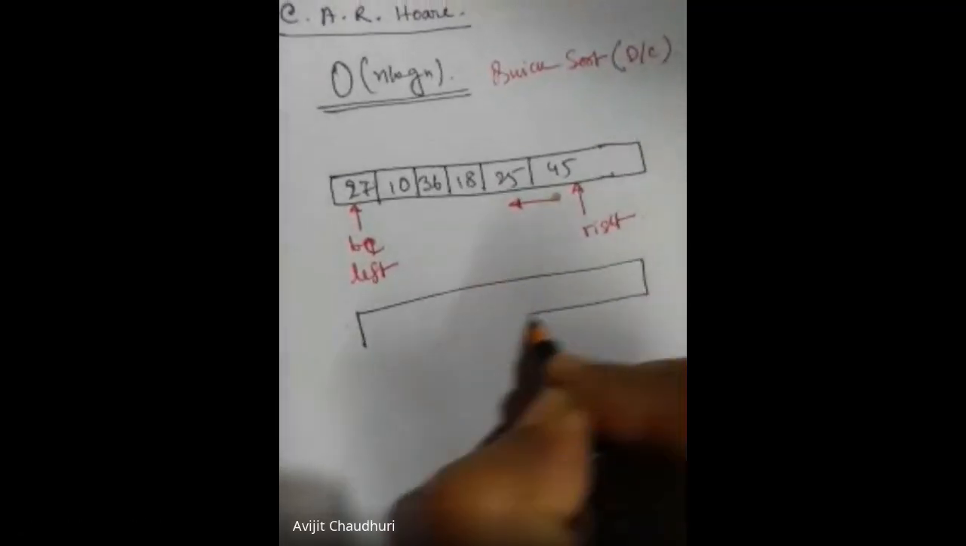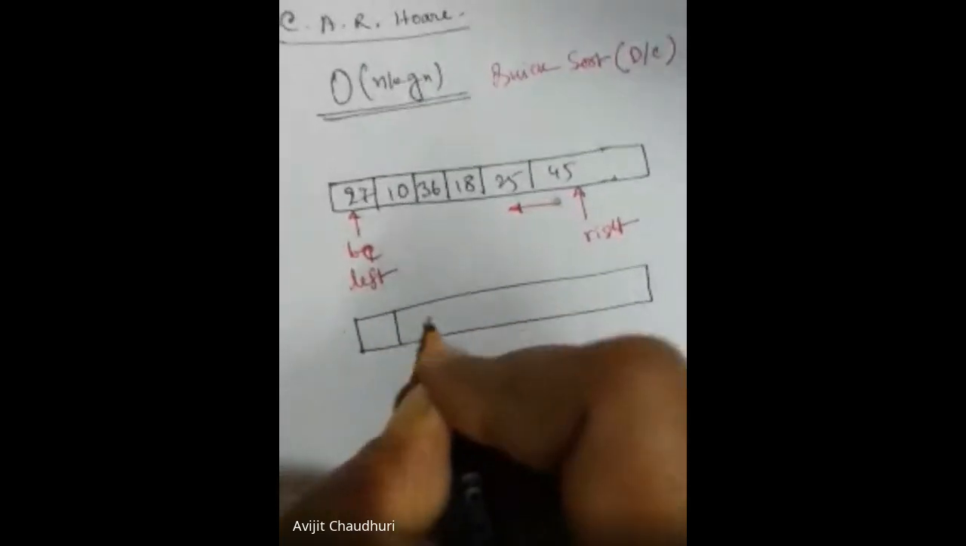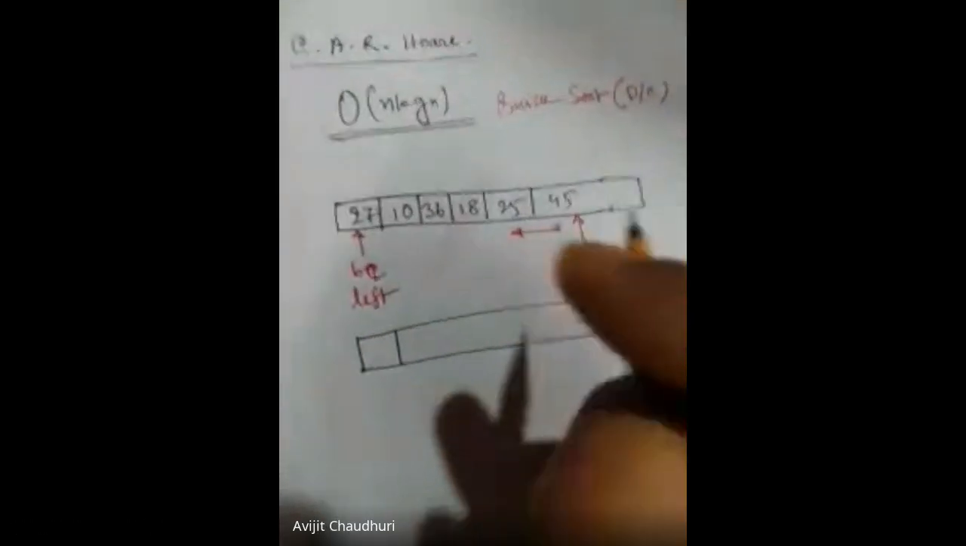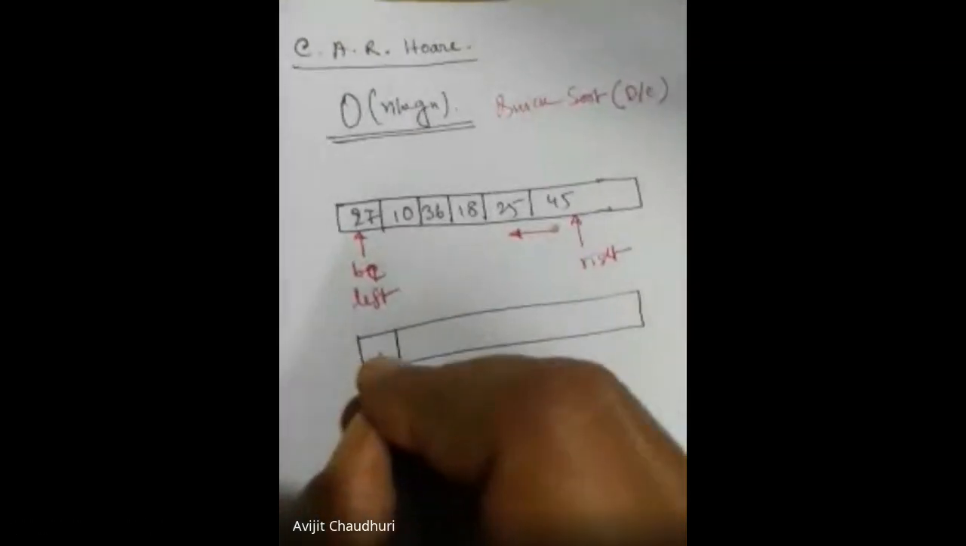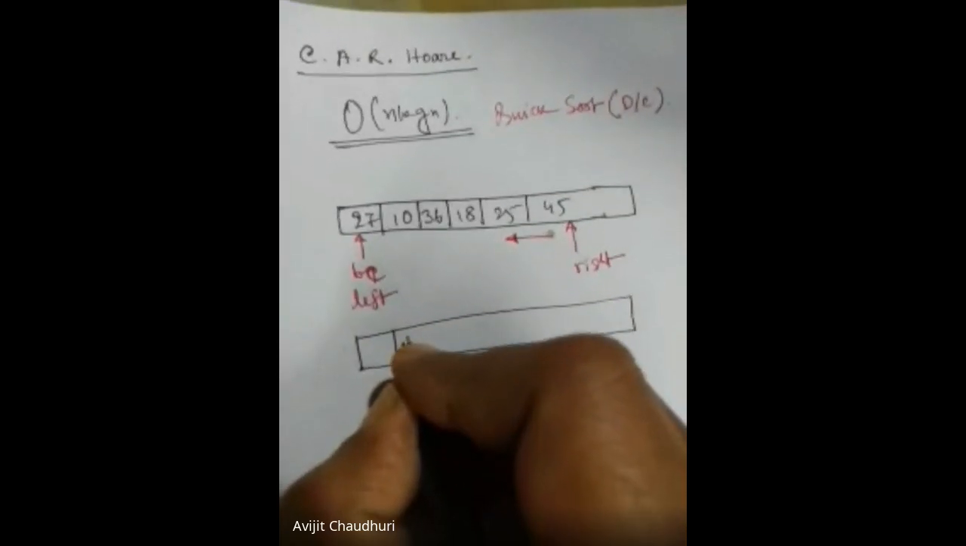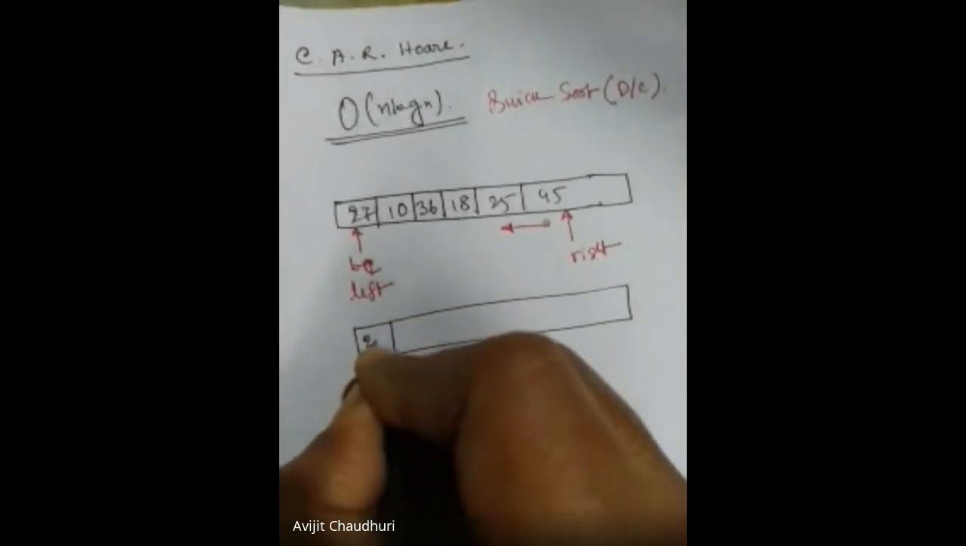Sir, what about element 45? We should compare both. No, it's larger than 27. So we will swap only whenever any lesser element is found. Okay. So here the item will be 25,